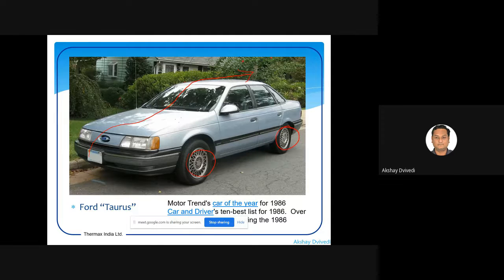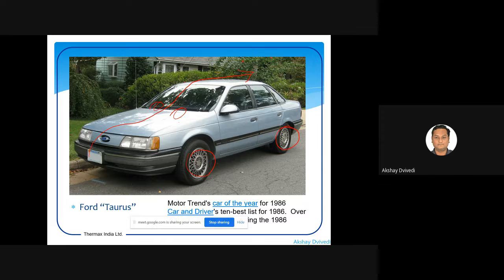You may drop it. Ford Taurus provided space for holding coffee cups, both for the passenger and the driver. Right now, in our cars, we have that space available either for a coffee or maybe a water bottle, those kinds of things. But in those days, companies were not providing these kinds of facilities. Ford identified that customers have this requirement, and they fulfilled it in the Taurus.